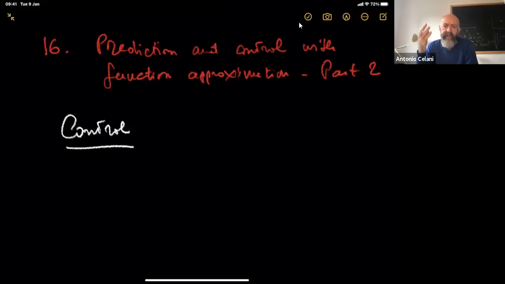And even when we use these semi-gradient methods, we've just been writing this down as